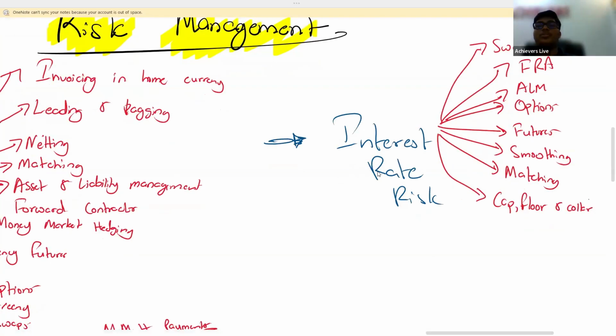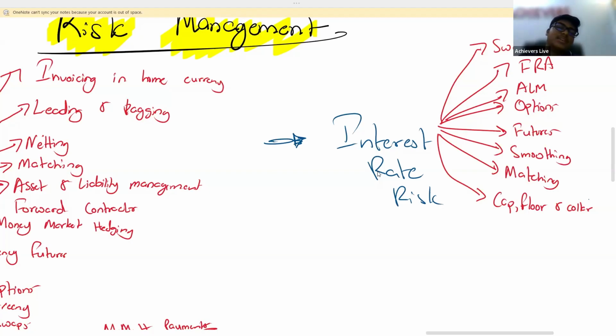Okay, sorry. So forward rate agreement, what is it? It is an agreement obligation with the bank to either borrow money at a future date or deposit money at a future date. Okay, asset and liability management, what is that? You are going to match your assets and liabilities. What are options? Interest rate options are giving you the option basically. Either you can go for the option interest rate or you can go for the actual interest rate. So if you are going for the option, it is called exercising the option. If you are going for the spot rate, it is called lapsing the option.